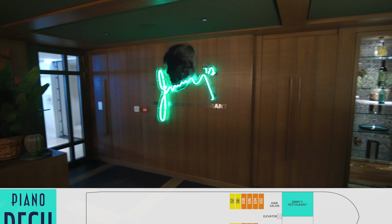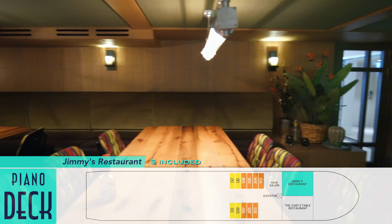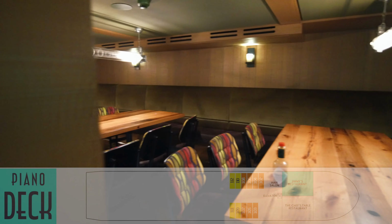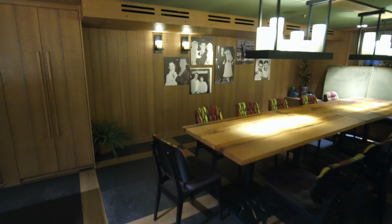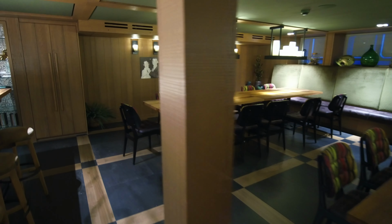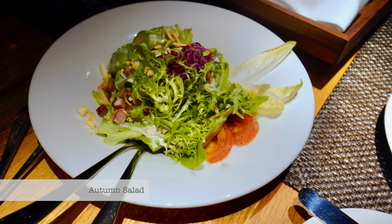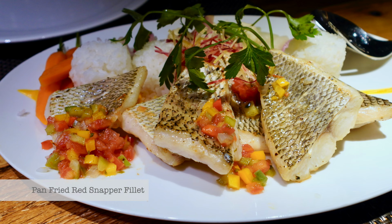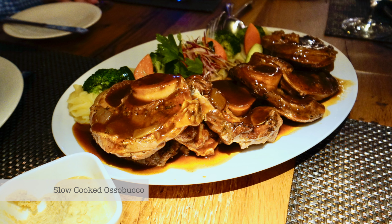Thanks to the larger vessel, there are an additional 2 dining venues on board down on the piano deck, starting with Jimmy's Restaurant, named after AmaWaterways' late co-owner, a family-style eatery where everyone with a reservation sits down to a long table and shares each course. Menus are essentially the same as what is available in the main restaurant, with multiples of each appetizer, salad, entree, and dessert put on larger plates to pass around,